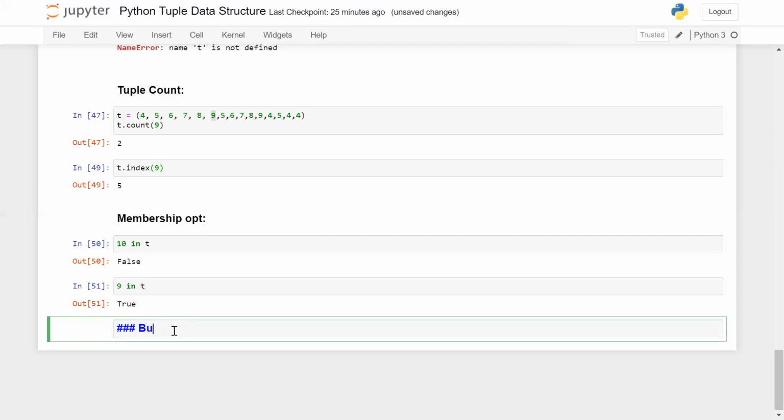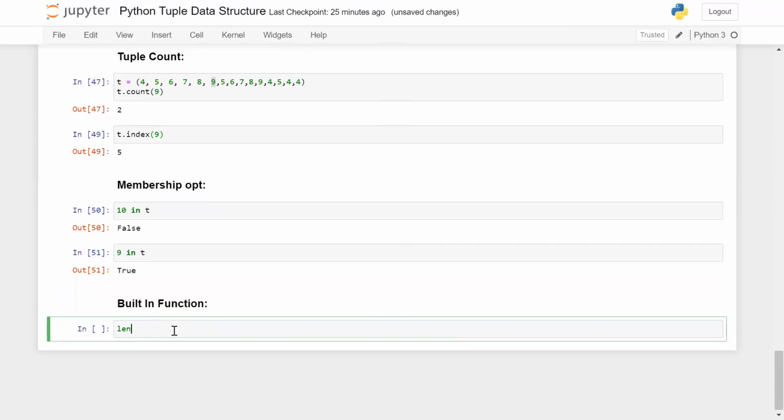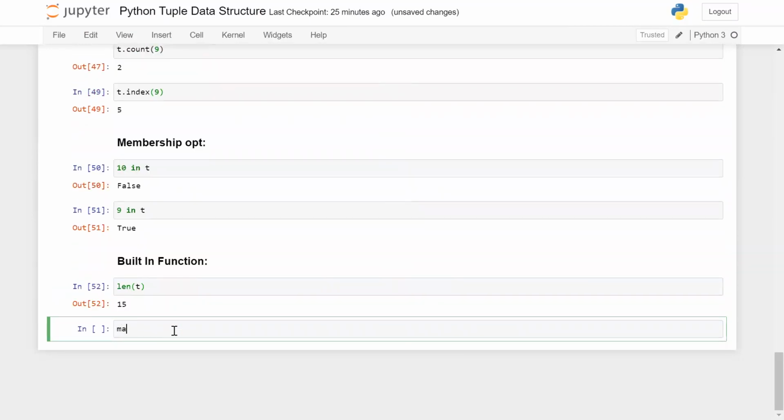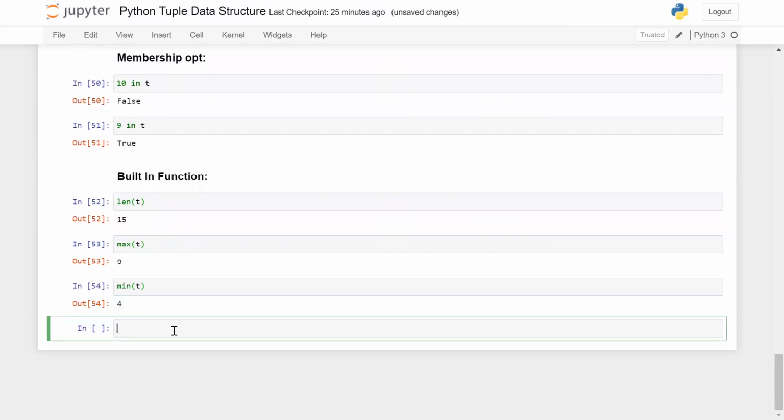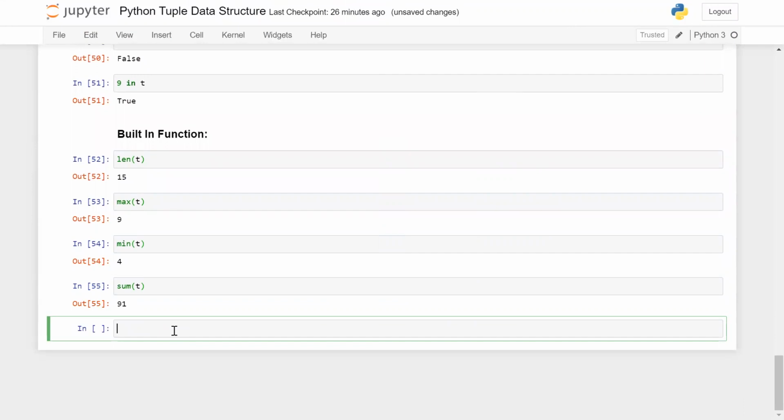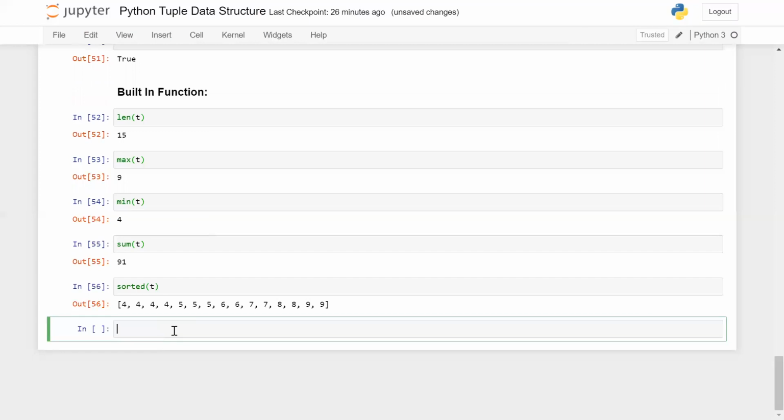Now built-in functions, like length of T, right? Max of T, min of T, or you can use sum of T. So these are the built-in functions. Or you can use sorted of the T. Now you can see that the tuple has been sorted.